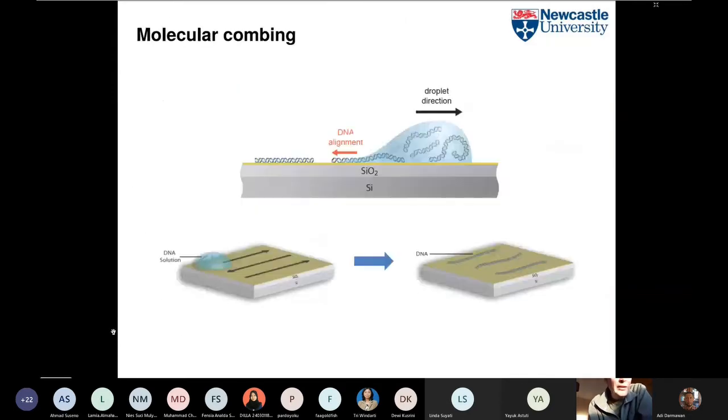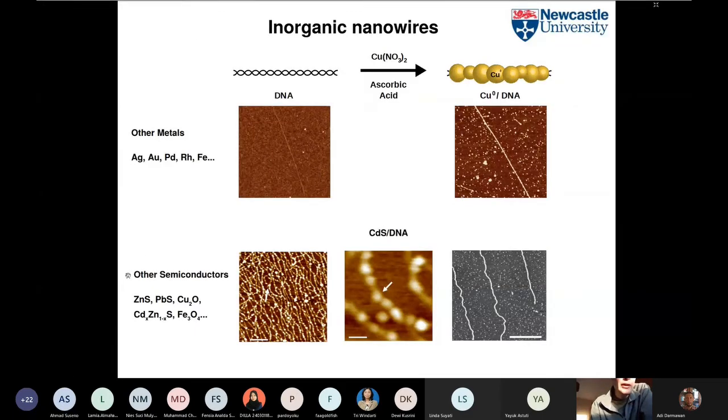Thank you. So here's a series of examples of different inorganic materials that we make. And the top line shows atomic force microscope images of DNA and copper on DNA. These images are basically about 5 by 5 microns square, and on the top left this is an image of Lambda DNA, and you can see a single molecule running from the top of the image towards the bottom. The molecule is longer than the scanned area, so it crosses the whole image. And that's a single molecule of Lambda DNA,